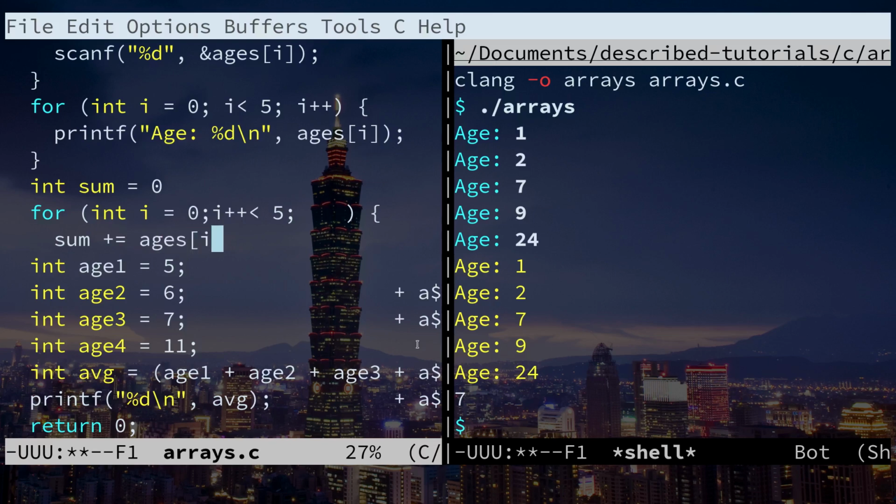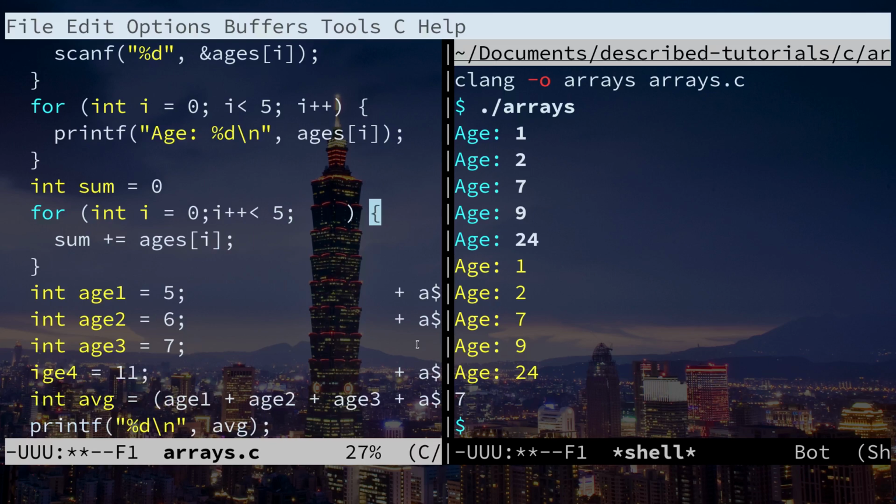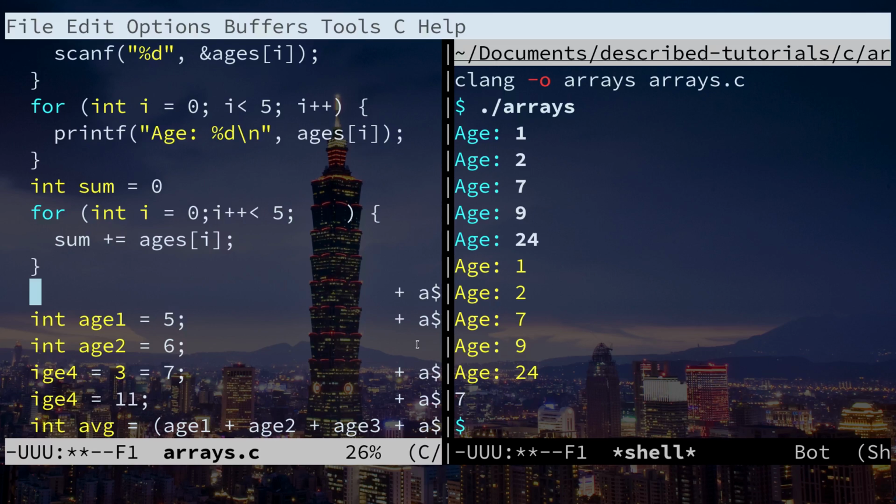So sum += ages[i]; Okay. for (int i = 0; i < 5; i++) Okay, so we've got our for loop. It opens, it closes, and inside it we are summing everything. And then we will printf("%d\n", sum);